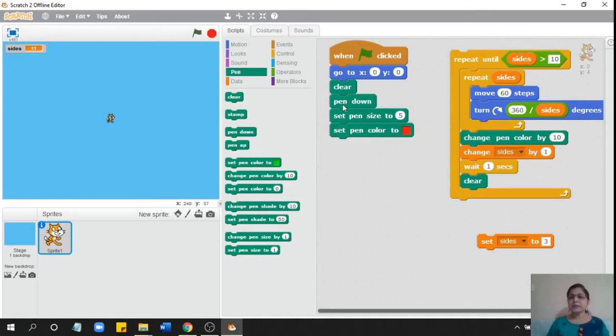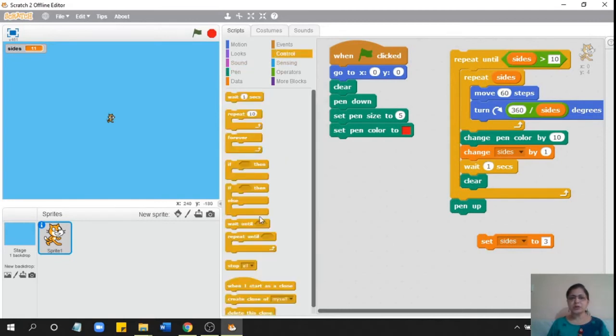Okay. Then in order for Scratch to draw, this command is very necessary. Pen down. So only if the pen is down will it be able to draw. If the pen is up, see, when I want to stop drawing, I should say pen up. Okay, so at the end, maybe I can say pen up and stop all also. So if I want to stop all, I can say like this.